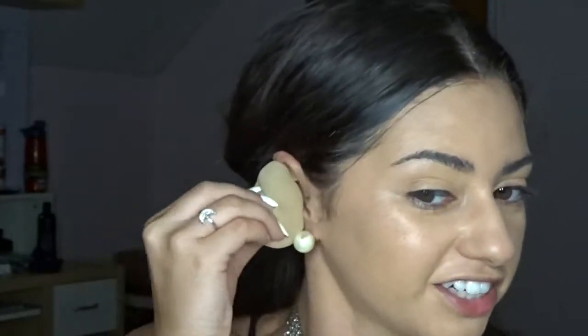To put the foundation on my ears, I learned this from Jeffree Star, that putting foundation in your ears kind of blends it together. My ears are a little red too, so it just blends it all together. Okay, so now that I got my face to match the rest of my body,